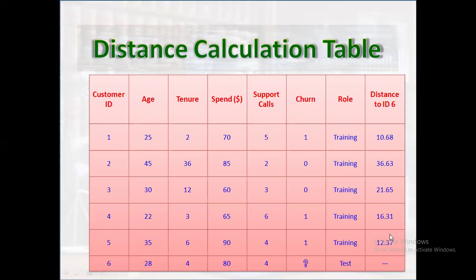If you arrange these values, we now organize the result into a summary table listing the customer ID, their calculated distance to the new customer, and their churn status. This table allows us to quickly sort and identify which customers are the most similar. From this table, we see that customers 1, 5, and 4 have nearby, almost similar values. These are closest to the new customer, with distances of 10.68, 12.37, and